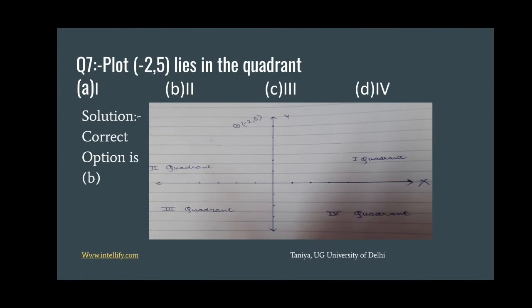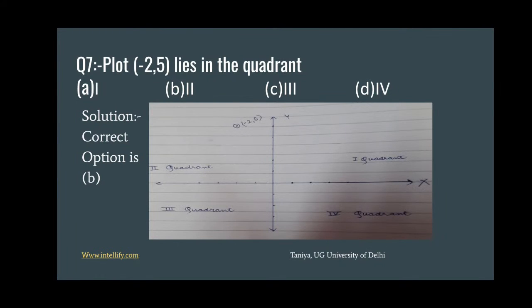The point is (-2, 5), and in the graph paper, in the first quadrant both x and y are positive. In the second quadrant x is negative, y is positive. In the third quadrant both x and y values are negative, and in the fourth quadrant x is positive and y is negative. The point is (-2, 5). Here x is negative and y is positive, so it will lie in the second quadrant,